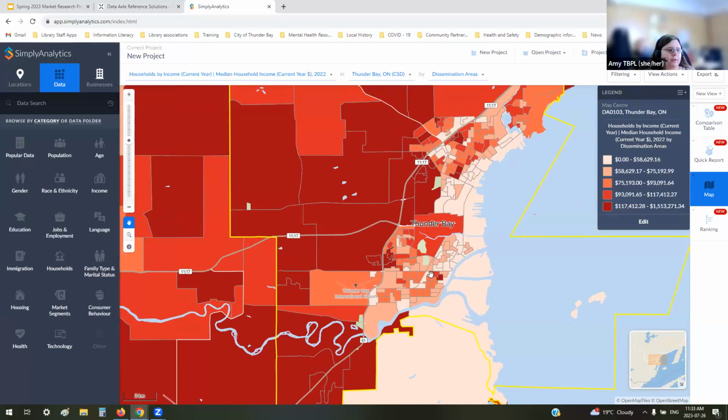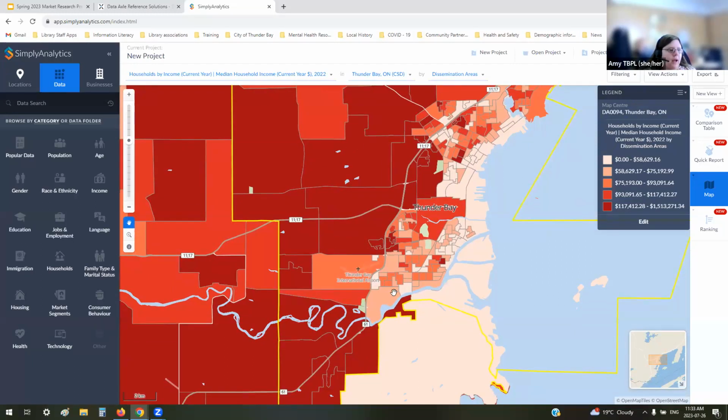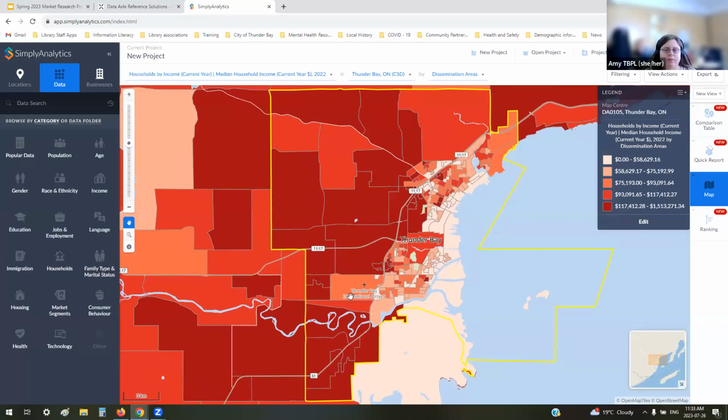So this is especially good for print advertising again. And I think, I haven't used Google Ads, but you can target Google Ads sometimes to be more specific in postal codes as well. So if you want to figure out which area of Thunder Bay makes the most